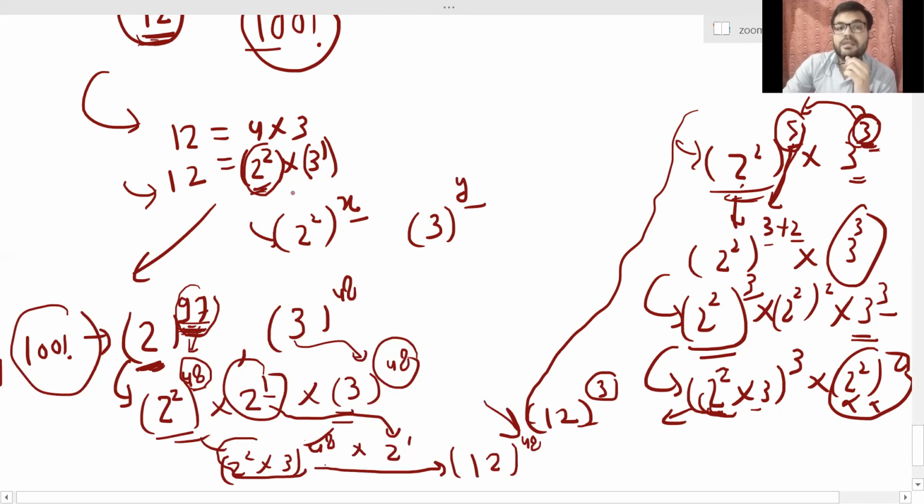Here we cannot directly say that you will count the number of 12s with the help of 3 only. Rather, you will have to count the number of 2s, you will have to count the number of 3s, and then find out the maximum power of 2 square, which is 48. Then you can say that whichever power is less, whether the power of 2 square or the power of 3, that will be the answer. So coincidentally here we have both the powers the same, so the answer is 48. I hope this is clear to all of you.